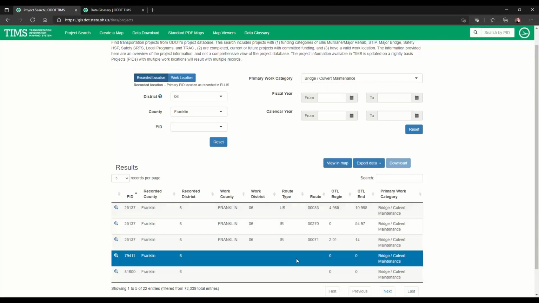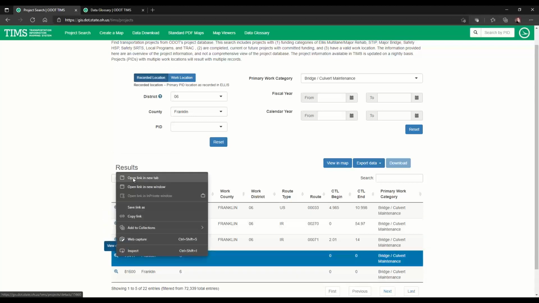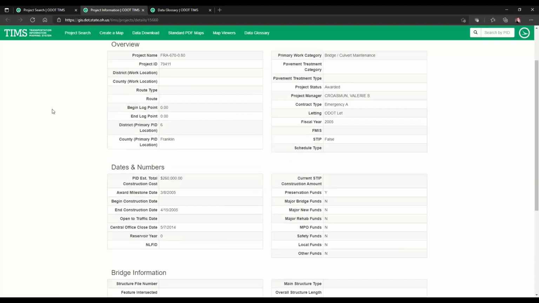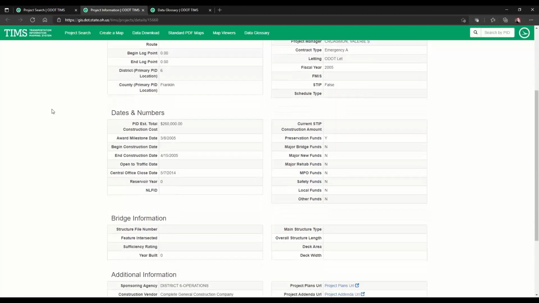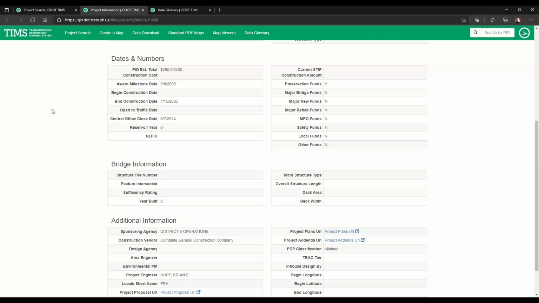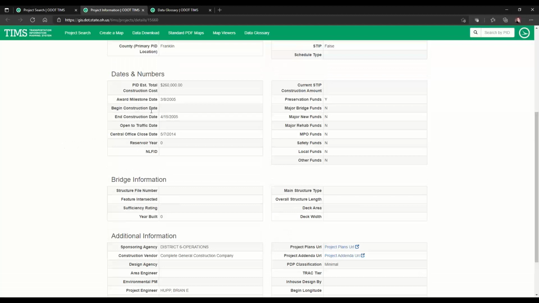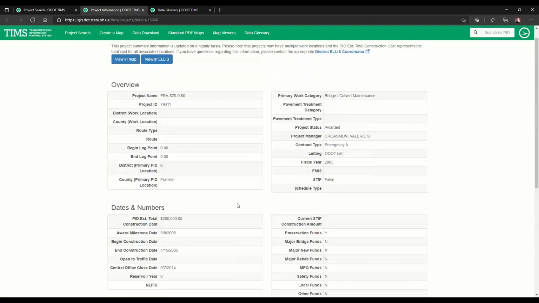Okay, and you'll see that there's a couple of records that don't have a valid location. So we won't be able to show those on the map. You could probably still view the project information page, and you can link to that, the view details link for every single one of these records. Again, just to make sure it opens in a separate tab. So even though I won't be able to view it in the map since I don't have valid roadway information, I can still view some of the attribute information. And this is an older and closed one, but since there's no roadway information, I don't know that there would be project